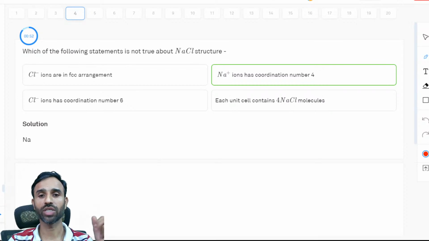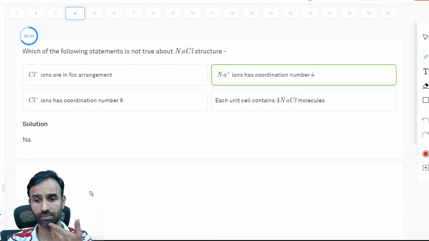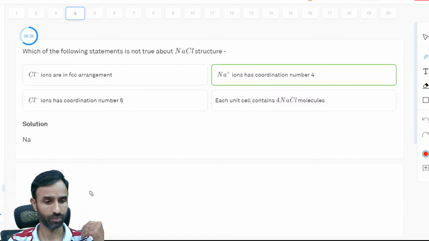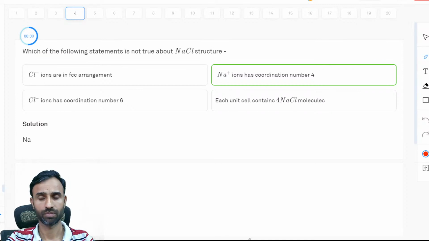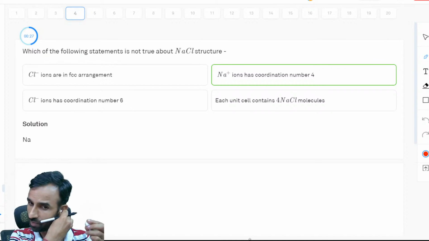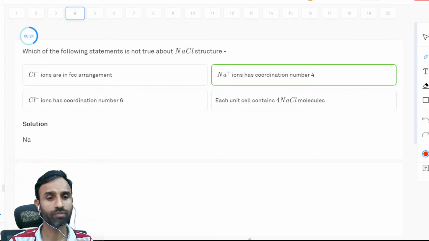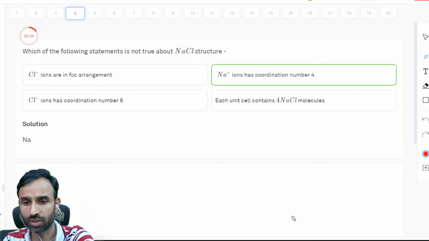Which of the following statement is not true about NaCl crystal, NaCl structure? दो दो आवाज आ रही है, एक मिनट। दो दो आवाज तो नहीं आनी चाहिए।